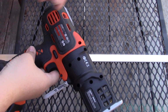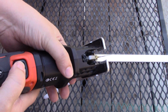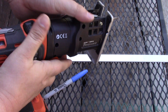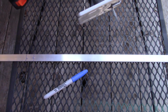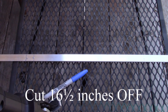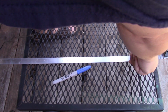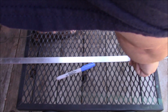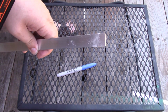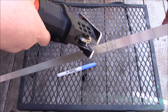So I swapped out the drill bit for the jigsaw bit. It's actually a whole system. It goes in and out and just locks into place and starts to go. Now, I've got the line marked on here, so I'm just gonna push it over to the edge of my little makeshift table and give it a cut. So we've got it to length, and now I just need to, on these marks here,